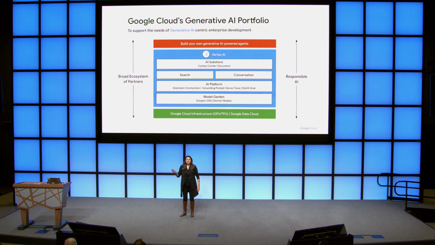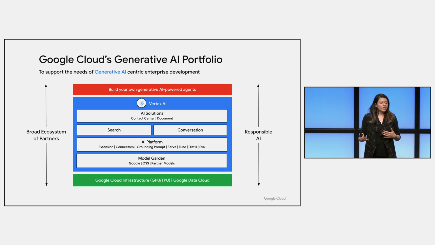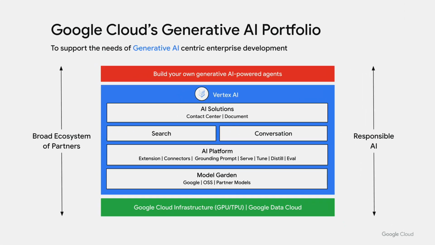This is the overview of Vertex AI. A couple of things that I want to highlight here. Of course, we have the infra that is all built on TPUs and GPUs. That's a key component of LLMs and generally of large models, which are the key component of GenAI. But what is important in a platform is that you have a choice, which is what we call Model Garden. Model Garden is a platform in Vertex that gives you access to not only first-party Google models, but also third-party and open source models. But this is all built on a foundation, an ML platform that has been around for years.